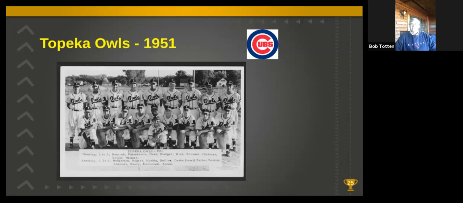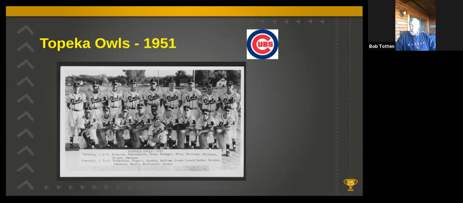Bohannon didn't do much with the Owls, but Drake did. Drake was from Little Rock, Arkansas, and he had experience playing against former Negro League ball players in the Mandak League, players such as Satchel Paige and Double Duty Radcliffe. And this was his first year in actual professional baseball with a team. He started slow at the plate, but as the season went on, he was hitting .383 in mid-May and led the league in triples.